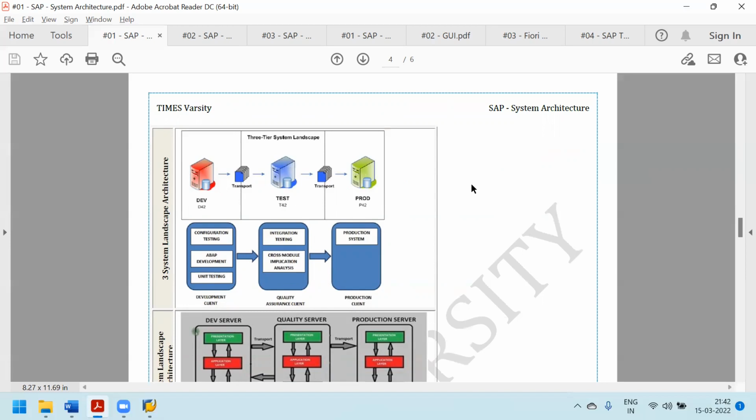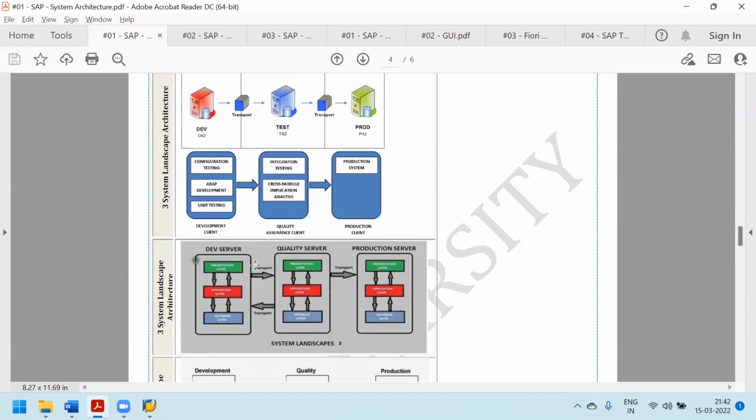And maybe medium-sized companies may use only a two system landscape: one is development, another one is production. So based on the number of systems used, it is called a two system, three system, or four system landscape, right? So minimum two, maximum four. And the most commonly used landscape is the three system landscape. As you can see, in every landscape we have the technical architecture, whether in the development system, quality system, or production system, we have three layers: a presentation layer, application layer, and database layer,